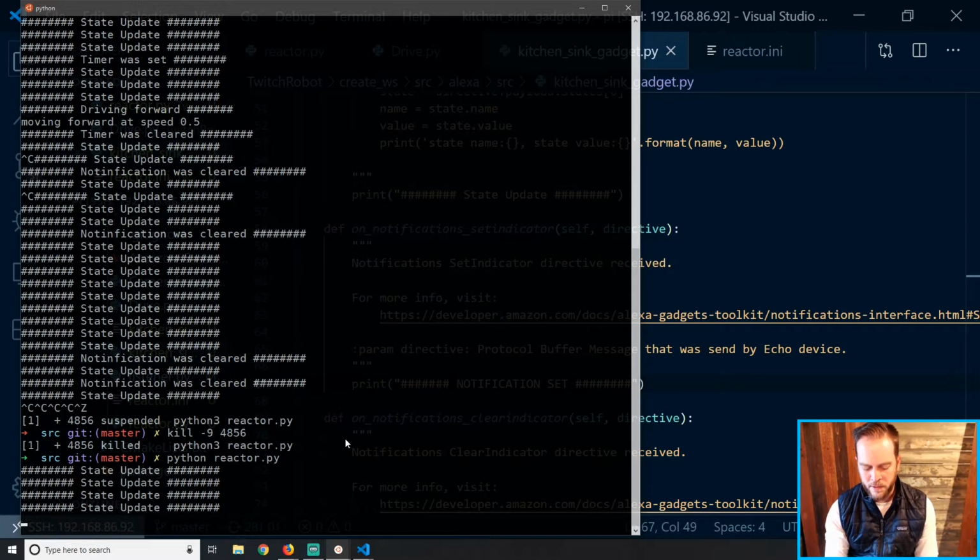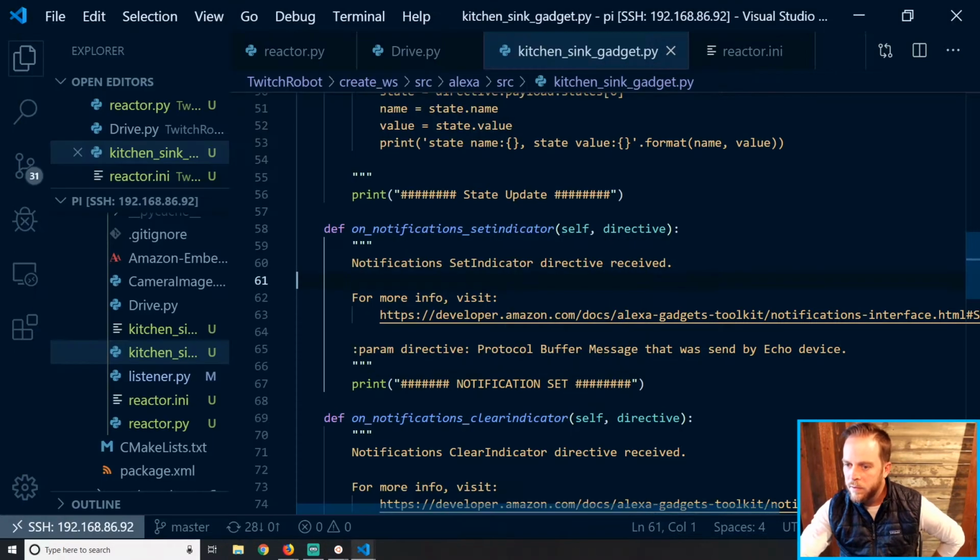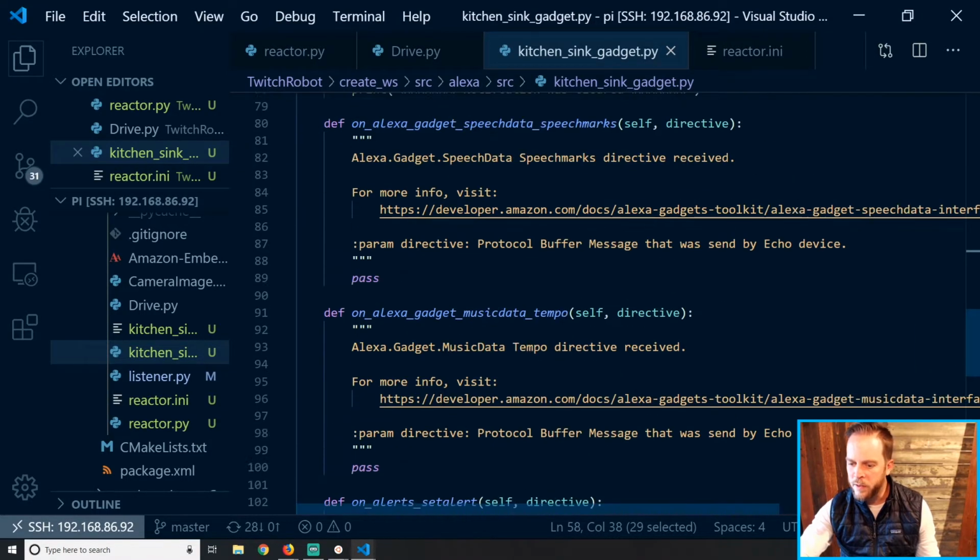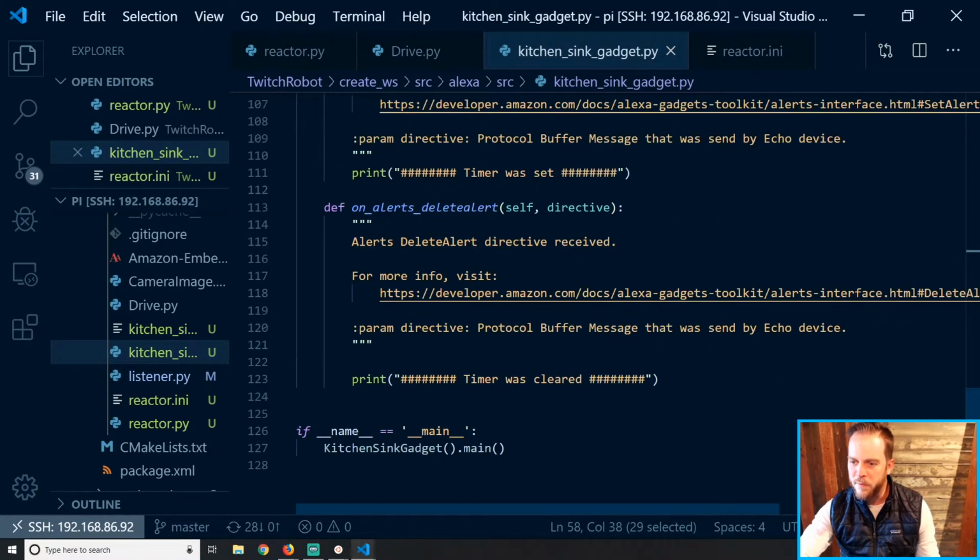I'm going to type a new one because I want to see. I didn't see anything show up. It should have our all caps thing, right? There's the message. Okay, it's not working. I know we can get it to move when it clears. On notification set indicator, did I save this? Well, let's just make it move when it clears too, just to see if we can knock Alexa off the